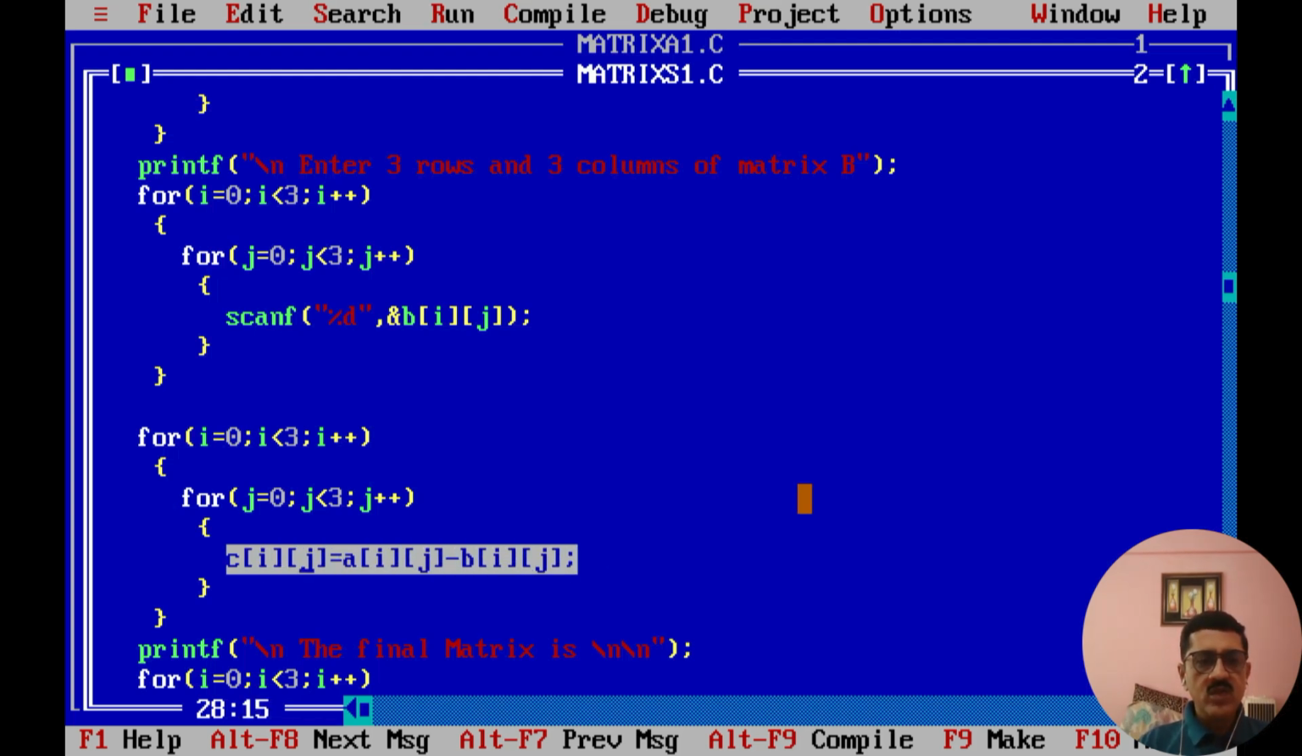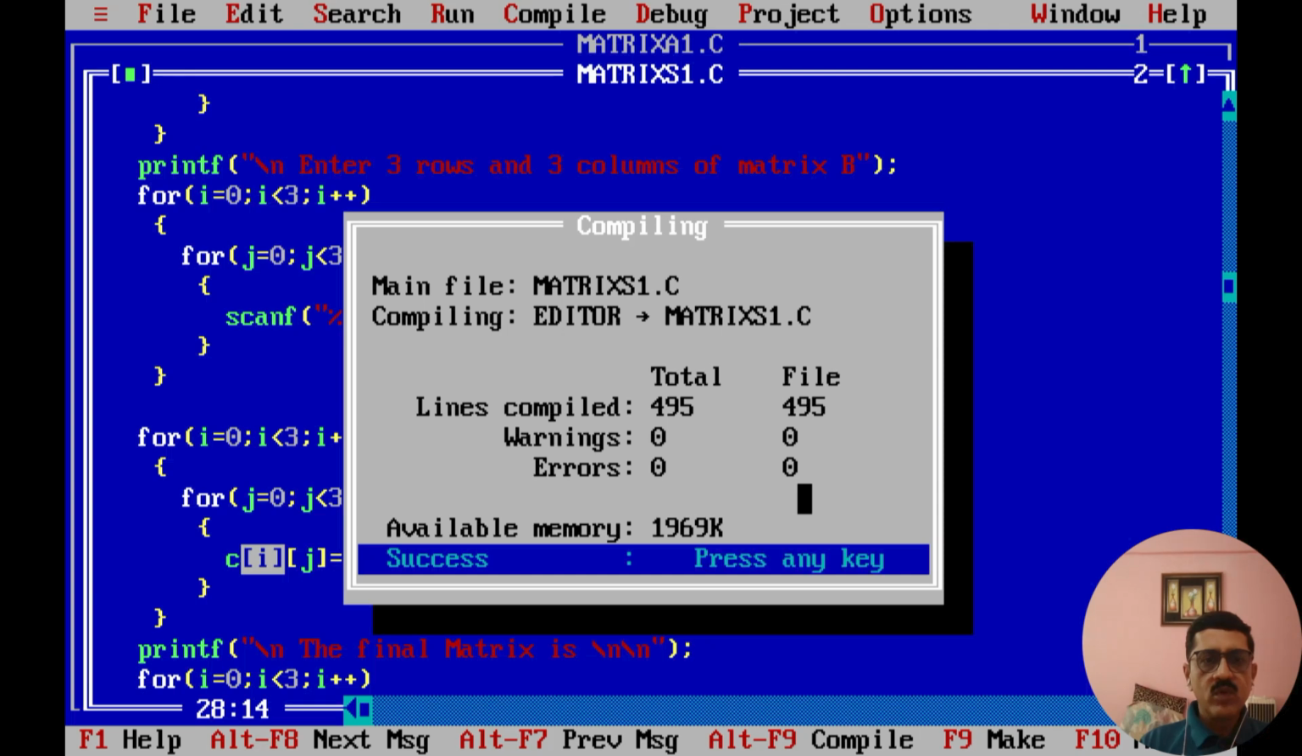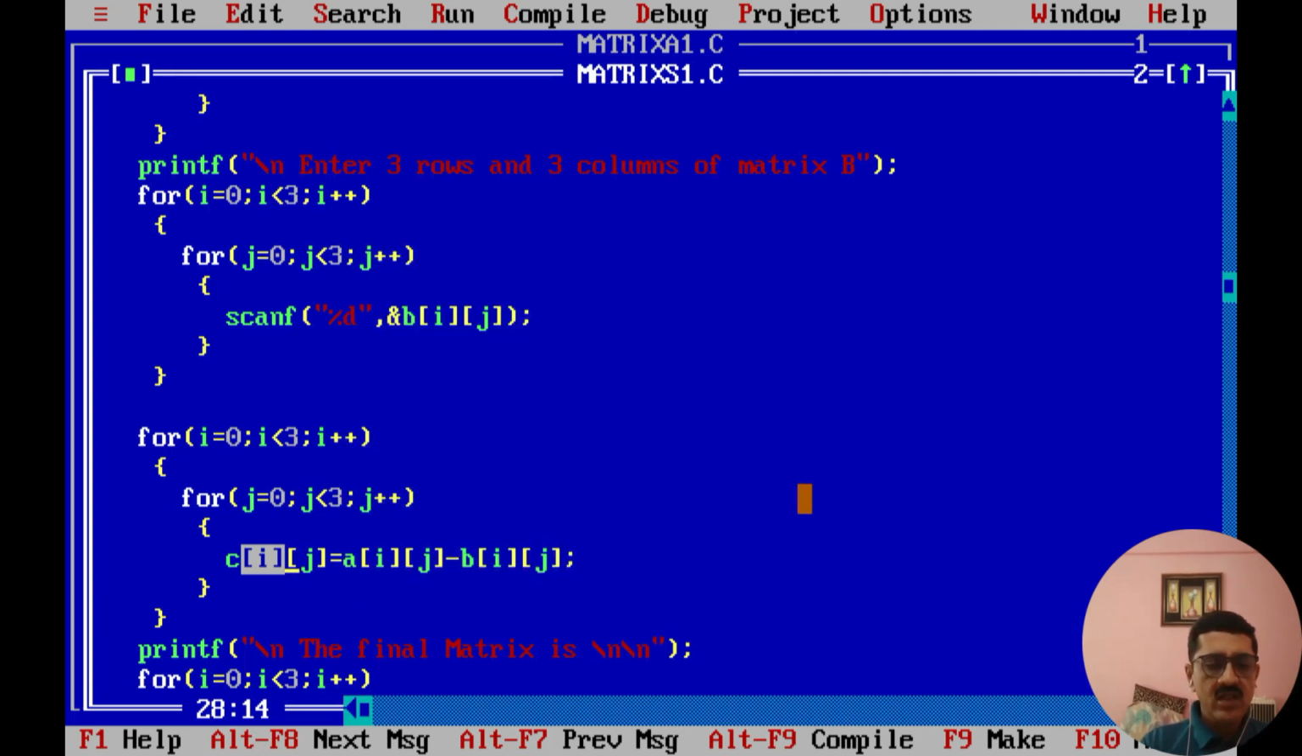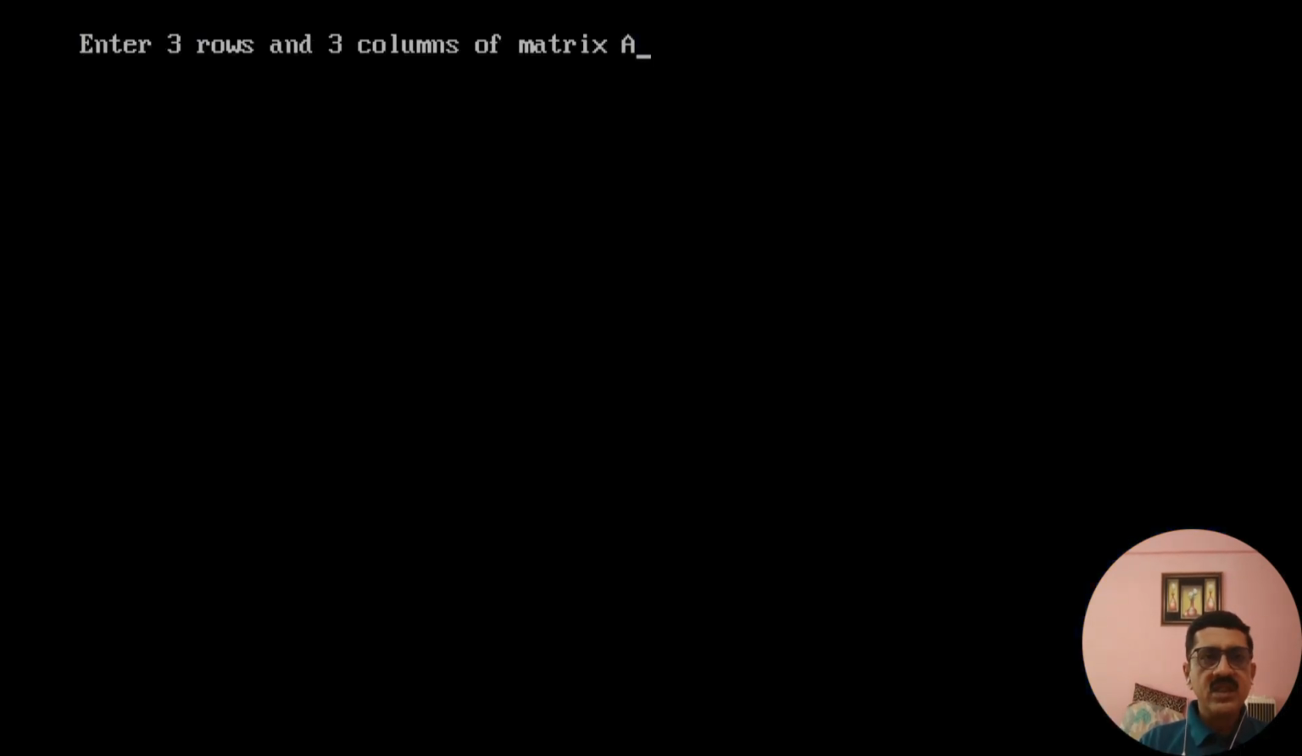Now once you have written all these things, let us compile this program. The program is compiled, no errors. Now I'll execute the program. In the same manner I have to do it. Once again I'm showing: this is 4, 5, 6 first row, 6, 7, 8 second row, 4, 5, 6